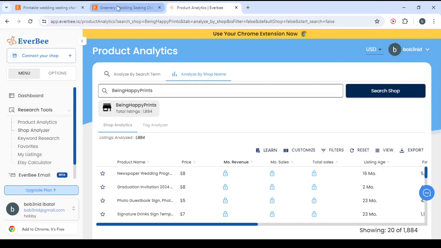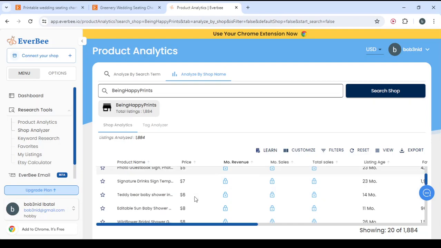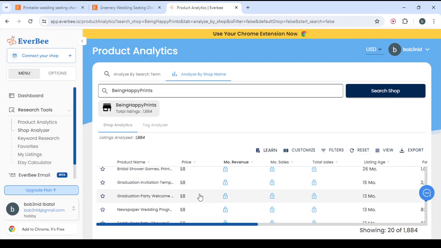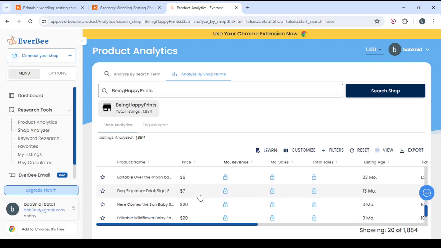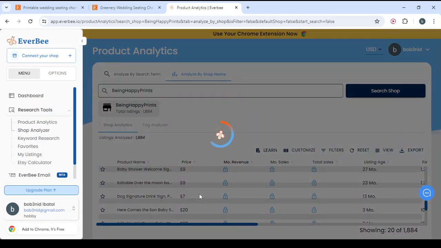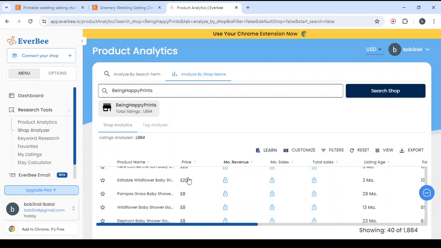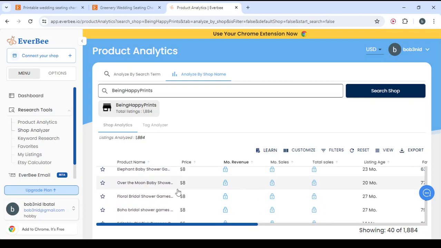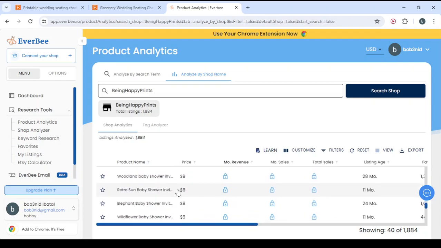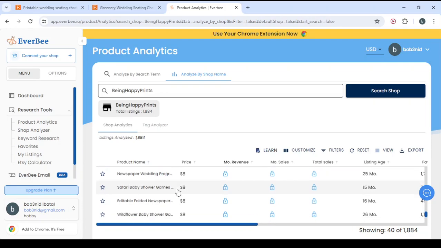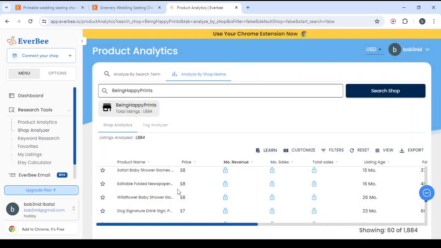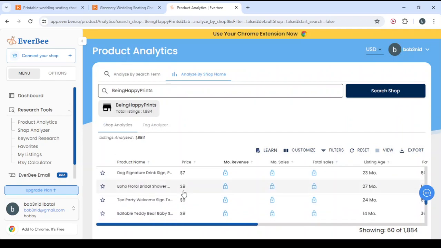So here the name of the product is greenery within setting. So let's scroll down until we find the product. We have graduation party welcome, newspaper, editable, and we have wildflower, elephant, editable. So this shop is focused only on digital products, and in a bit I'm going to show you how many sales they have made